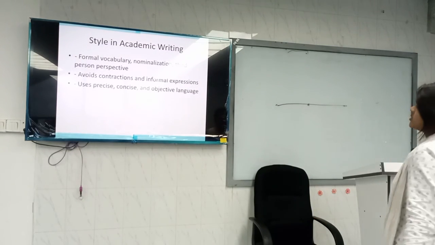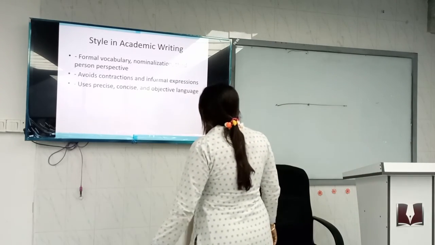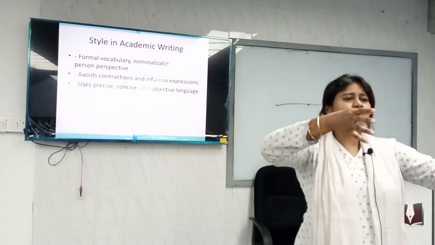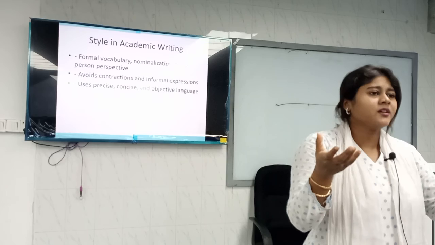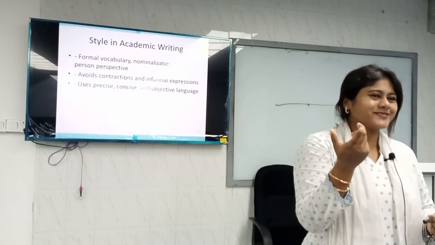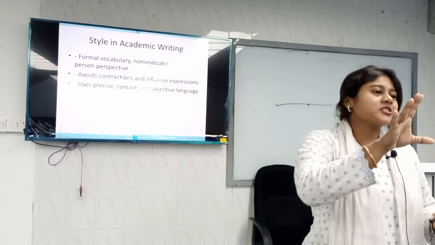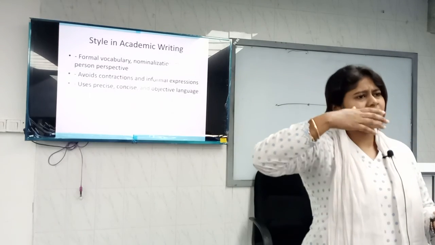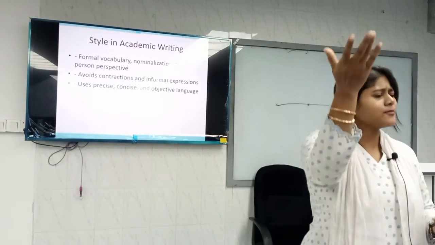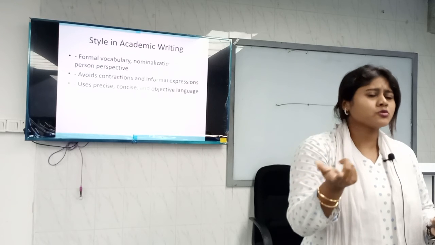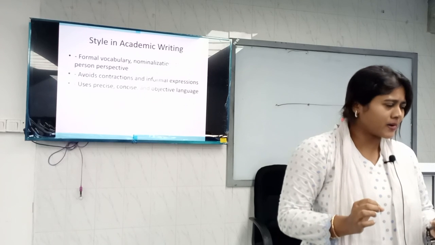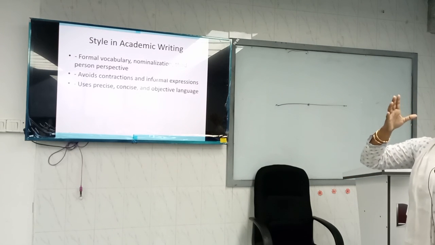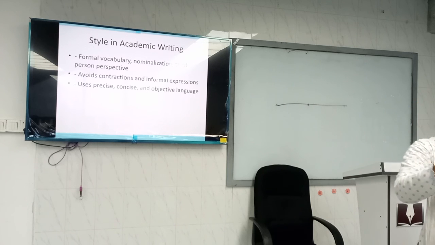Number 3, using precise, concise, objective language. So precise, concise বলতে যদি আপনারা বুঝেন যে ম্যাম বলছে খুবই প্রিসাইজ লিখতে, তার মানে আমি একটা প্যারাগ্রাফ হাফ পেজে শেষ করে ফেলব, that is not like that. আমাদের যেটা করতে হবে, we should not repeat one single concept again and again. The first paragraph the same concept, second paragraph same concept, so don't repeat. Okay, এটা একটা নেগেটিভ মার্কিং হয়, ঠিক আছে। So precise হতে হবে, just we have to tell something, we are using some topic sentence,